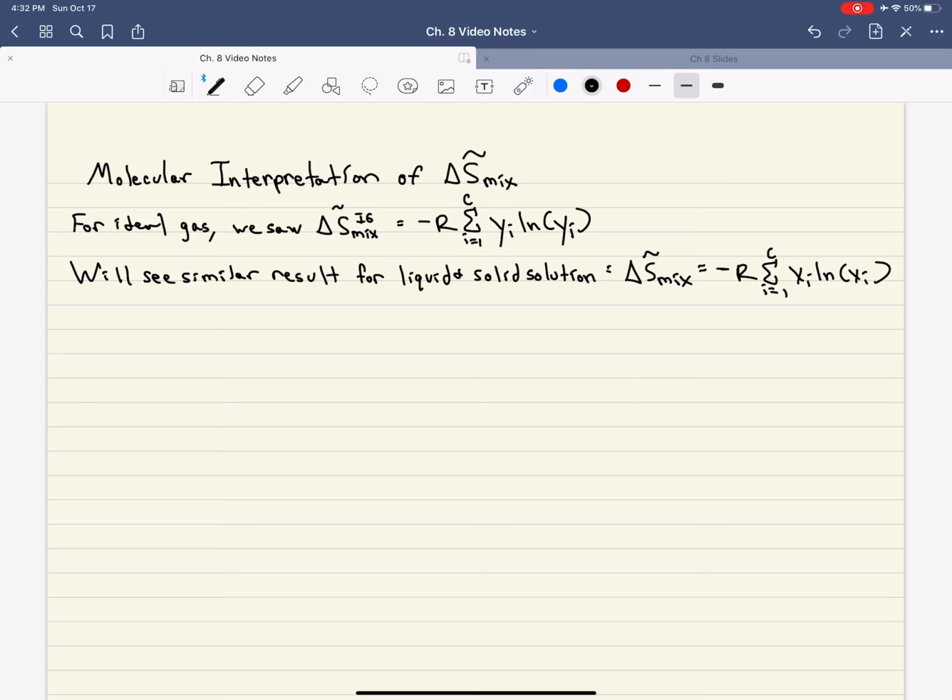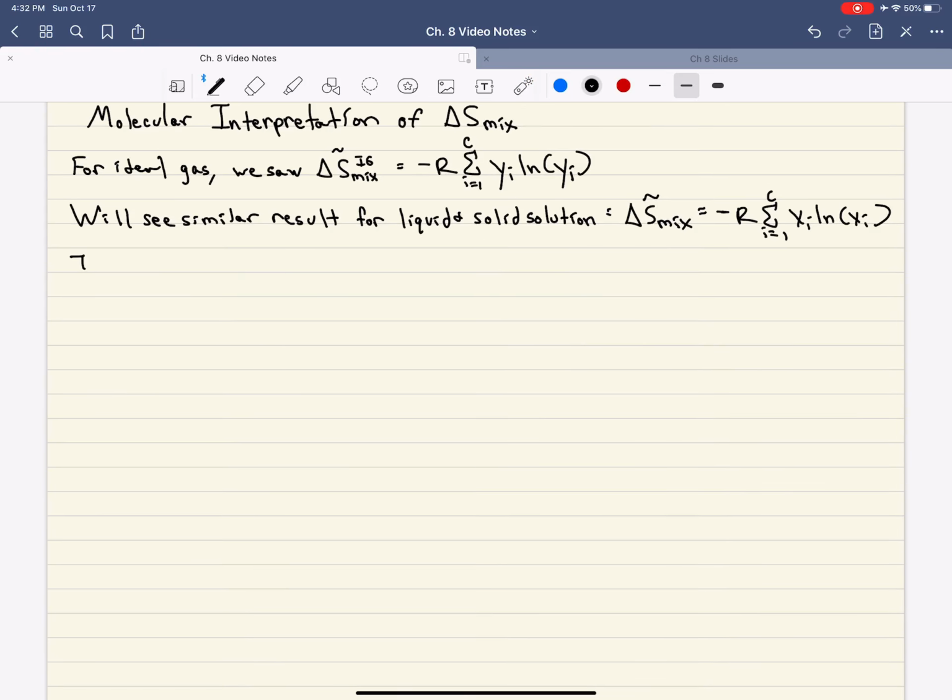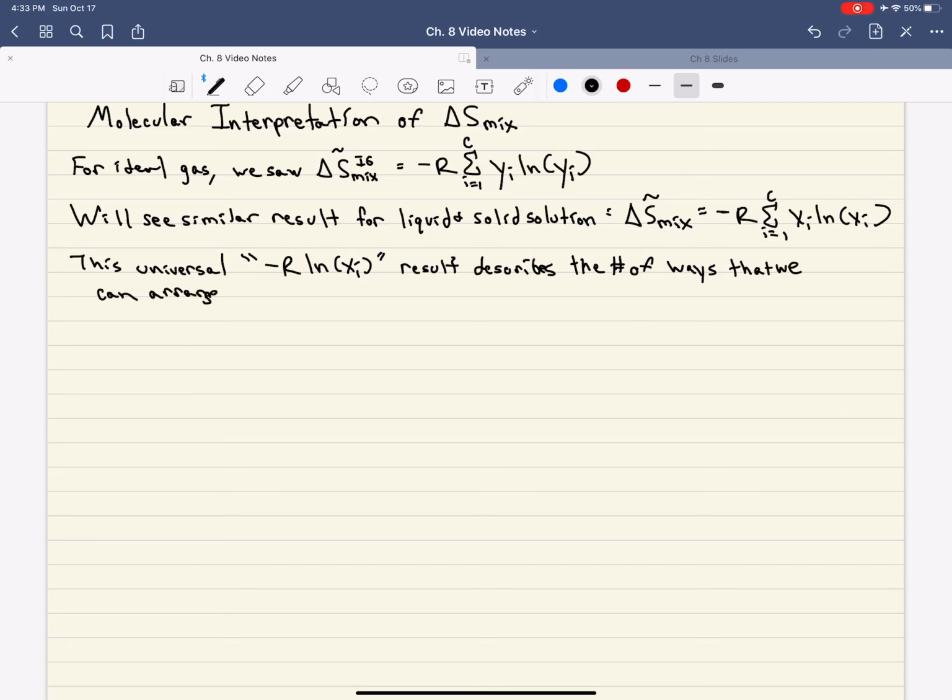But in any case, I want to highlight that this term, this minus R natural log x_i term, is actually somewhat universal. And the reason it keeps showing up in all of our equations is because it's describing the number of ways that we can arrange molecules